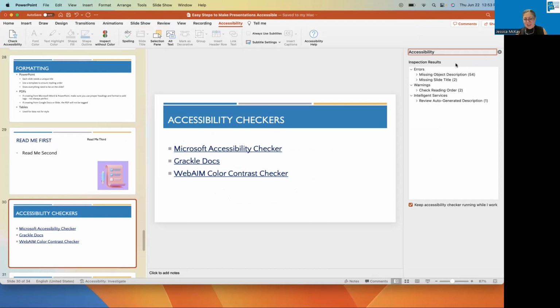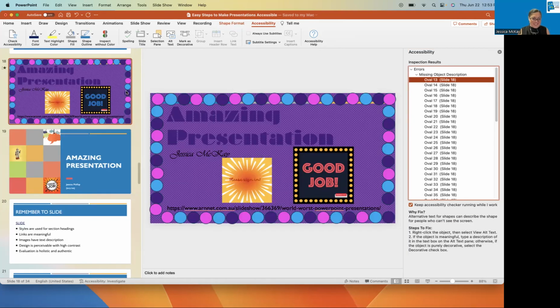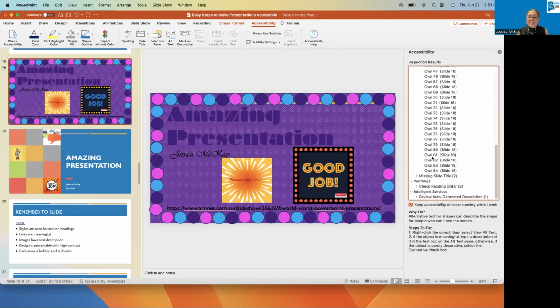Over to the right, the panel pops up. You'll see it says inspection results, so errors, warnings, and then just some things to let me know about. Where it's saying missing object descriptions, it's all of those ovals that I had from that very lovely slide that I made. So it doesn't know what these are.